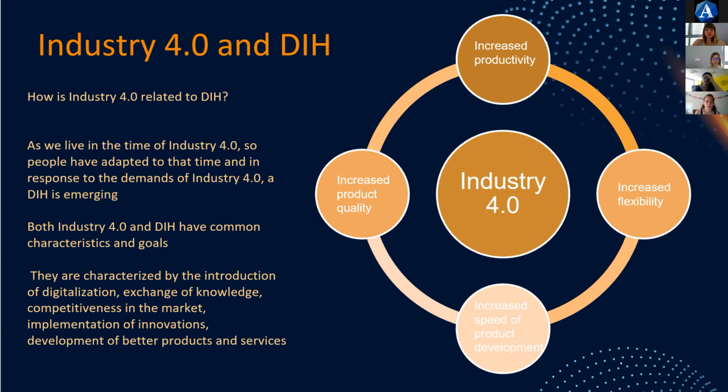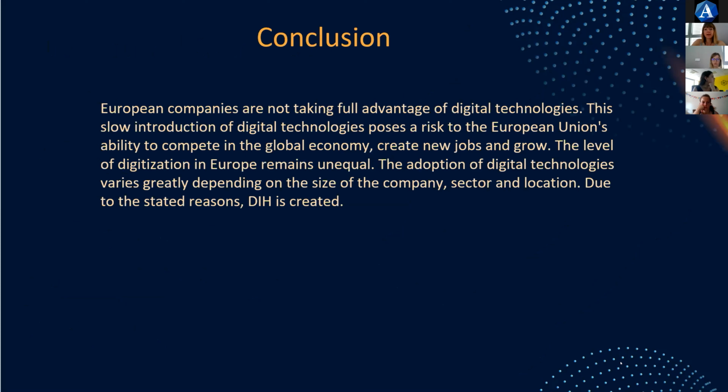How is Industry 4.0 related to DIG? Both Industry 4.0 and DIG have common characteristics and goals. They are characterized by introduction of digitization, development of better products and services, and access to the latest knowledge. The common goal is digitalization, e.g. the introduction of IT equipment in small and medium enterprises, and it seeks to encourage small and medium-sized enterprises to embrace new technologies and in that way improve their business. And as some kind of conclusion of all this,